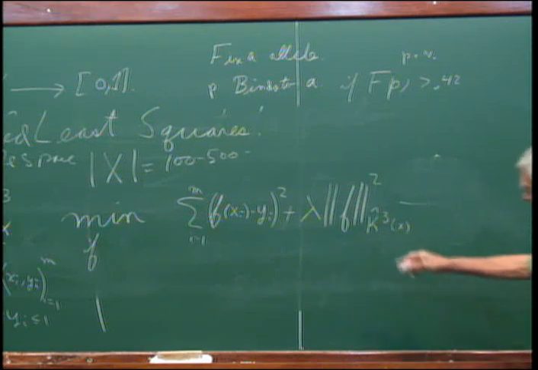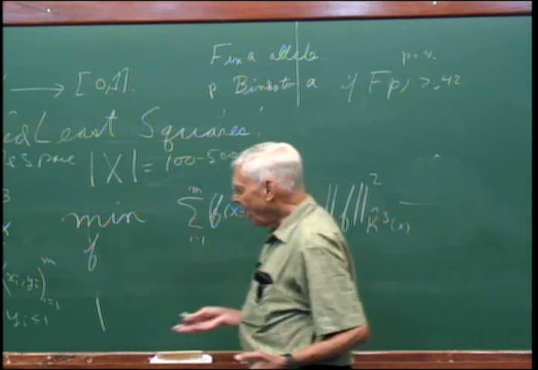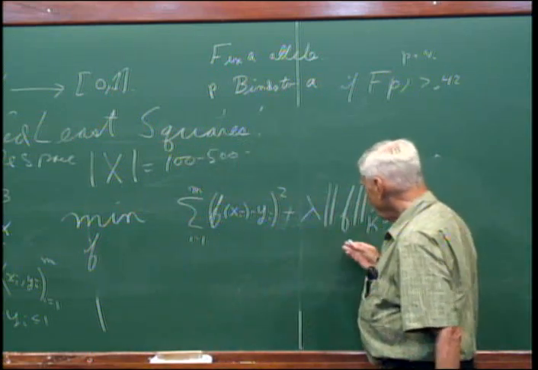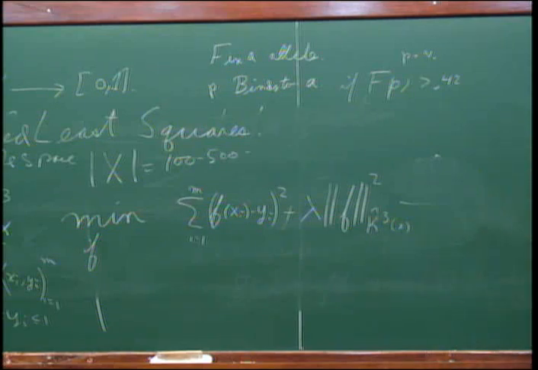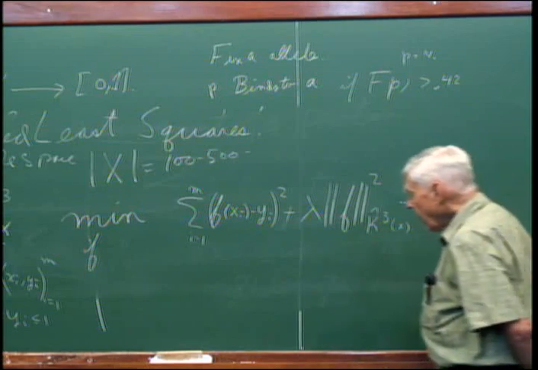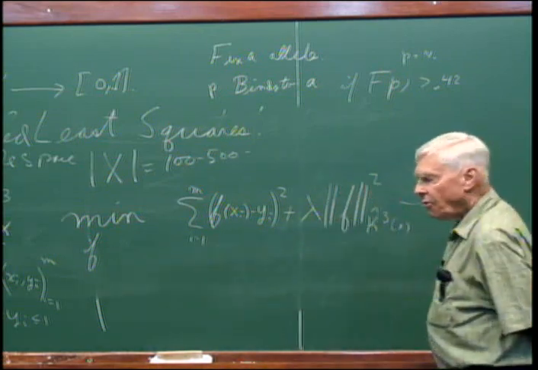So naturally, minimizing this is going to put f into, well, these are finite spaces, so it will have to have a finite norm in that space. Of course, everything's finite. Most of this theory is for infinite spaces, but here we apply it to the finite spaces. And so this is our problem: minimize this, for a given lambda.